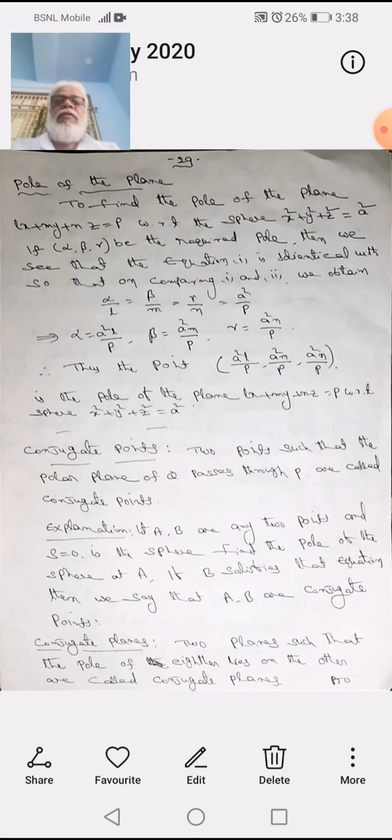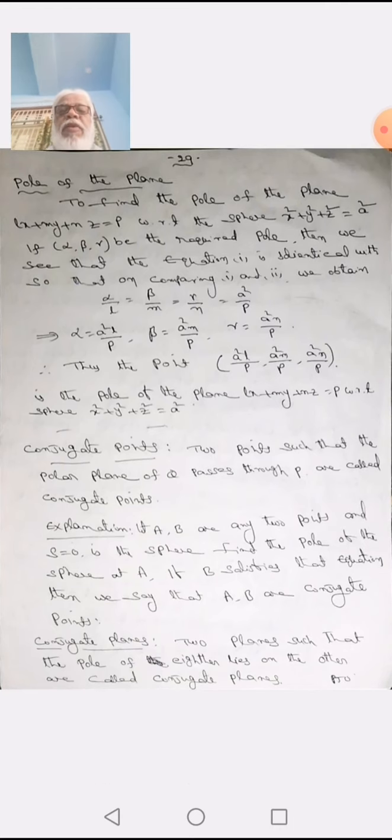Pole of the plane. What is the pole of the plane? It means to find the pole of the plane Lx plus My plus Nz is equal to P. This is the plane equation, with respect to the sphere x square plus y square plus z square is equal to a square. If the plane and sphere are given, then the pole of the plane is